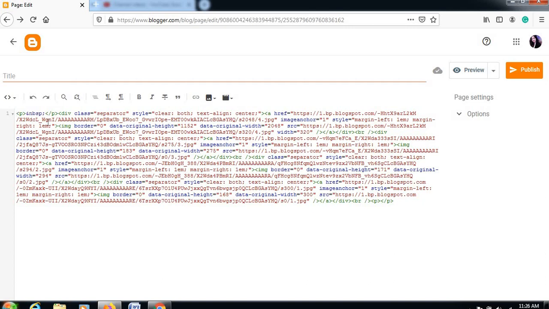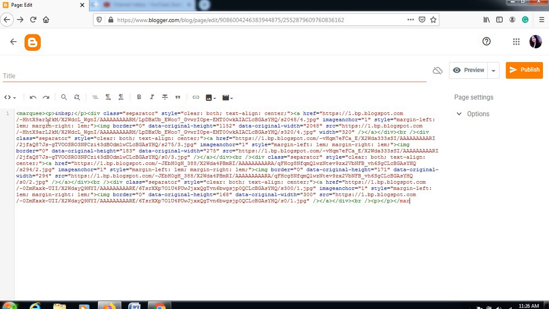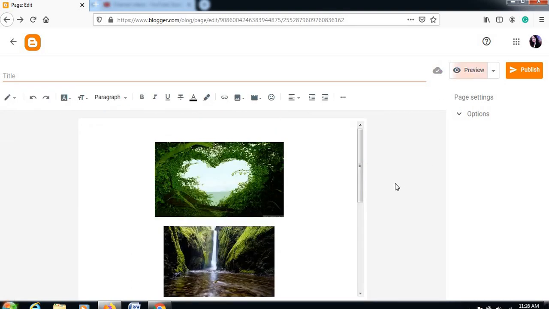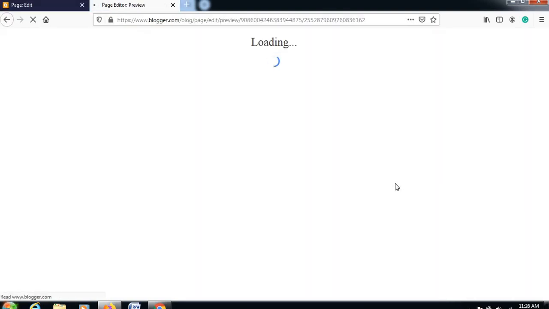So if you want to use marquee, just simply insert a marquee tag in front and in the end. So let's see, now go to the compose view and see the preview of this particular page.